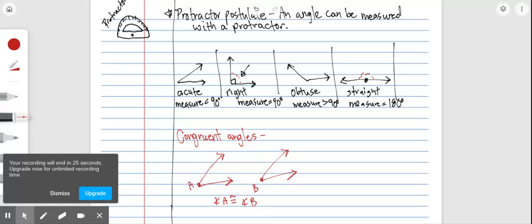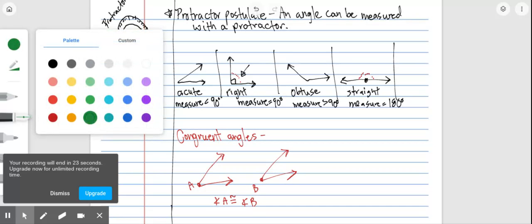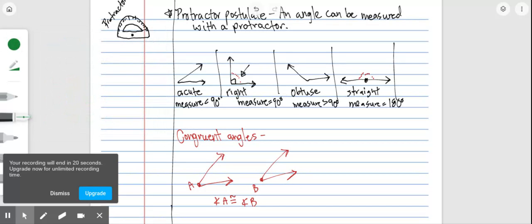Then in order to mark that they're congruent, I'm going to put some little dashes in the middle. So if I put one line here, then I put one line here, and that signifies that these are congruent to each other. You can mark congruent angles with 2 lines if you want. Sometimes they're marked with a 3rd line. Sometimes they're marked with a little slash in the middle. Okay, these are all ways to mark 2 angles